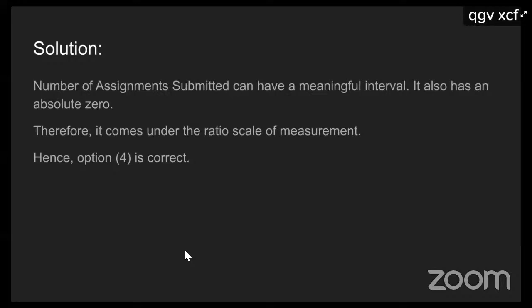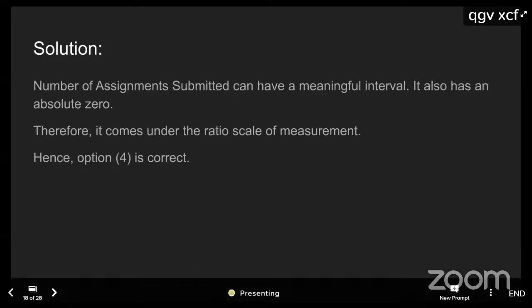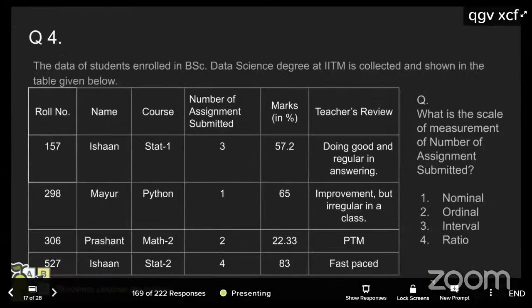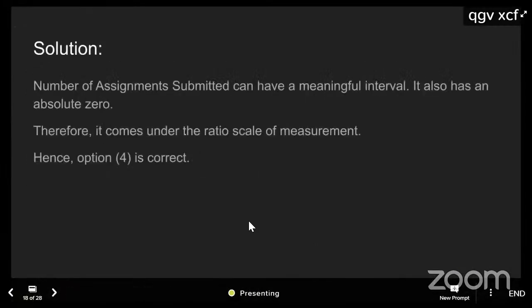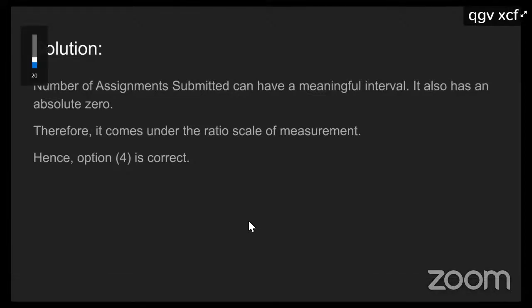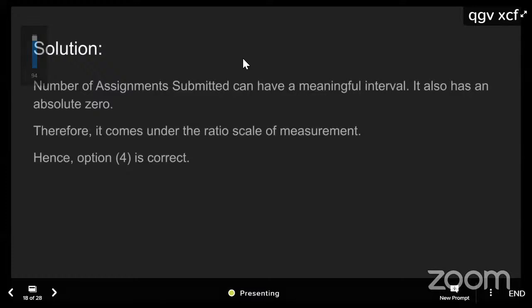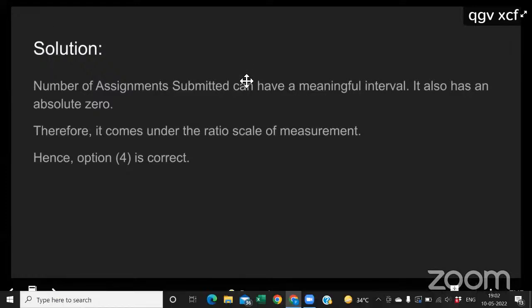But sir, how can we use multiplication and division here? If zero means nothing, we can say that. One by one. Listen to me. Excuse me, sir. One second, sir. Yeah, please, one by one.